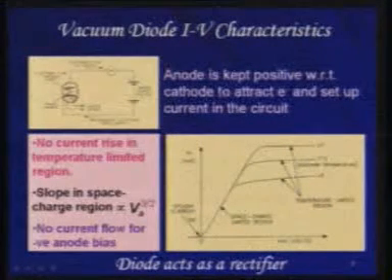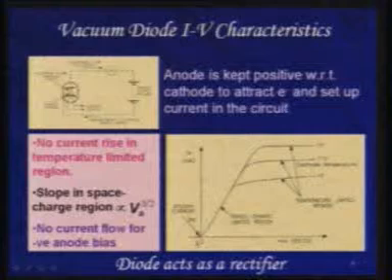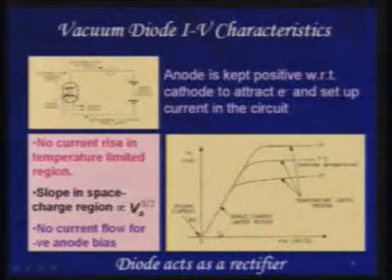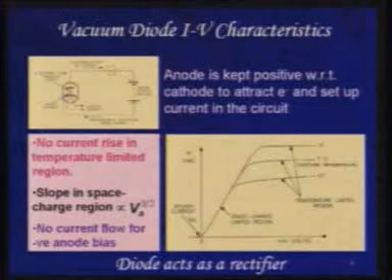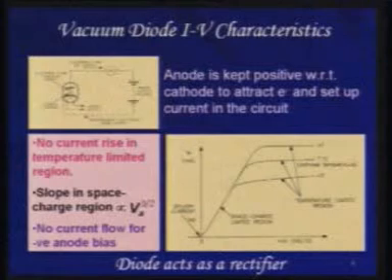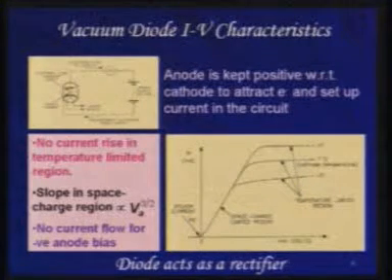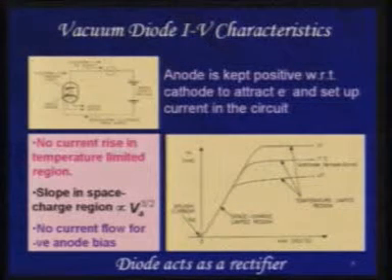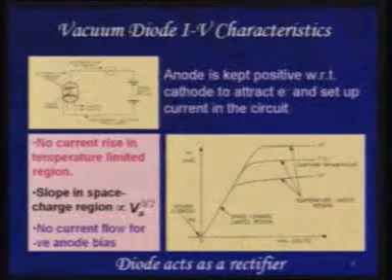Okay, so you don't get any flow of current. So now here we have a device which is sensitive to the polarity of the voltage applied, and it allows conduction only in one cycle, or only in the positive cycle of anode voltage, and so we get what is called a rectification action.